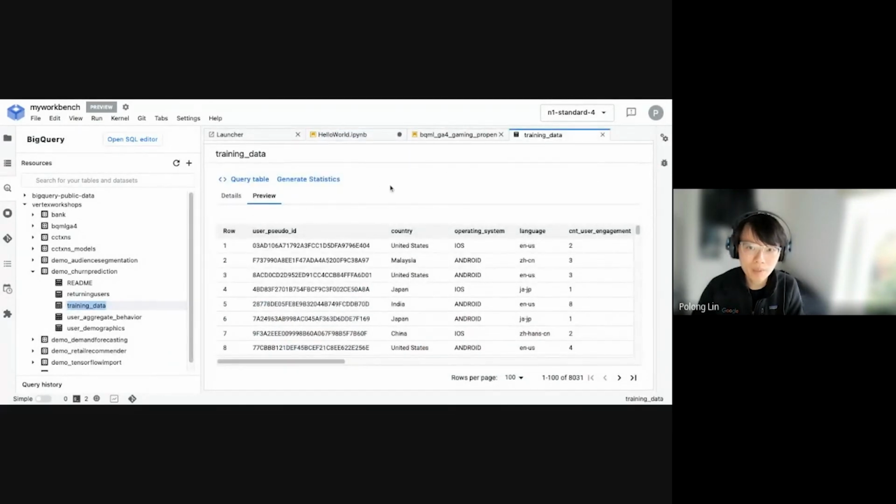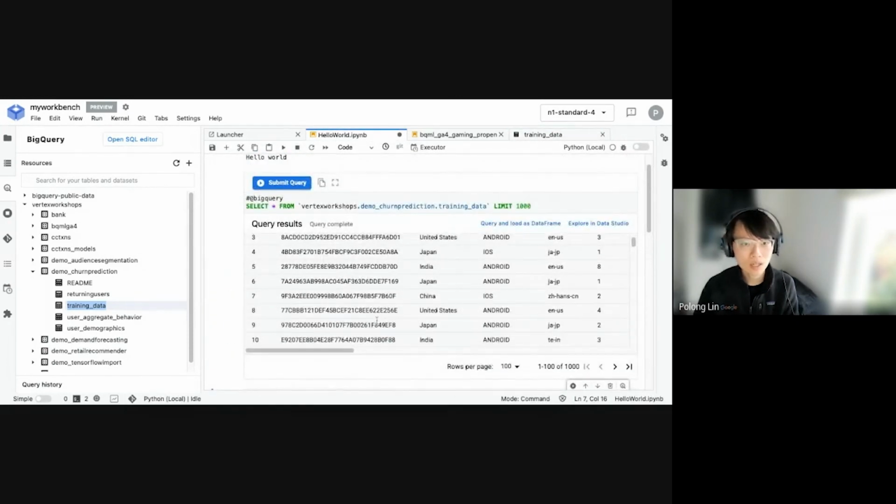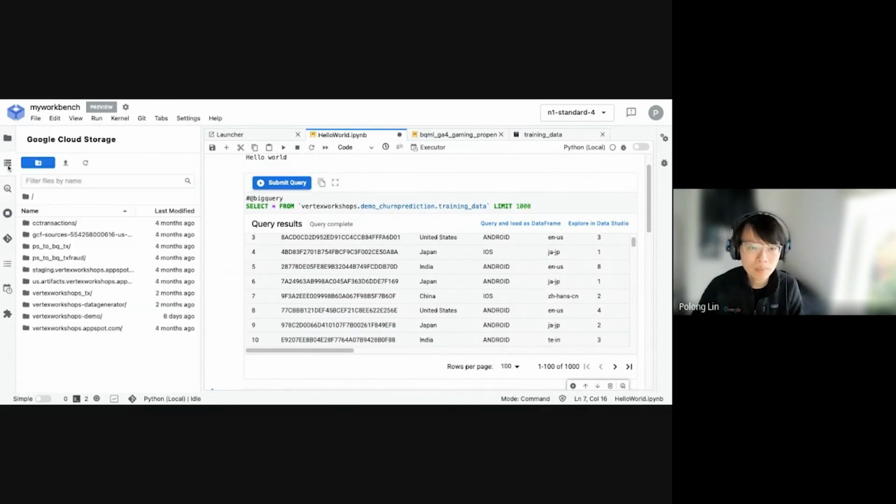And it will actually open this little tab here where I can preview my training data directly within the context of the notebook, which makes it a lot easier to keep track of where my data is, what it looks like, and also work directly within that notebook environment as well. So this is a quick view of Workbench. Some other capabilities of this include, for example, if you want to look at your data stored in Google Cloud Storage, these are my various buckets that belong in my GCP project that I can inspect.